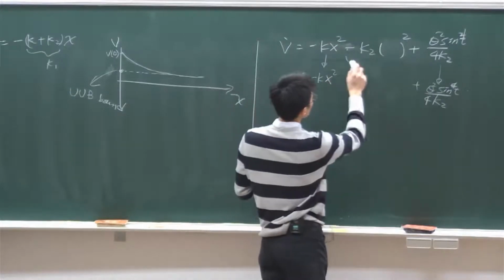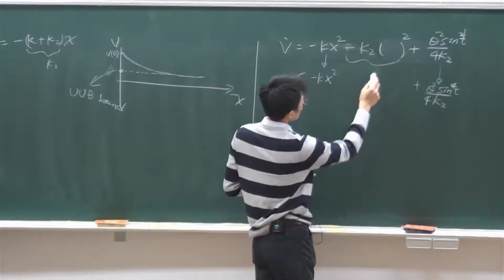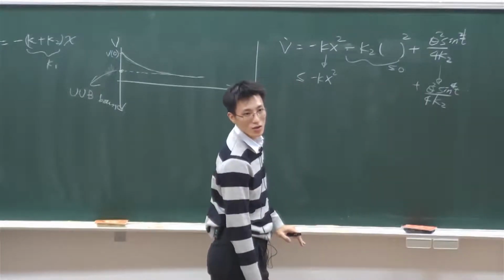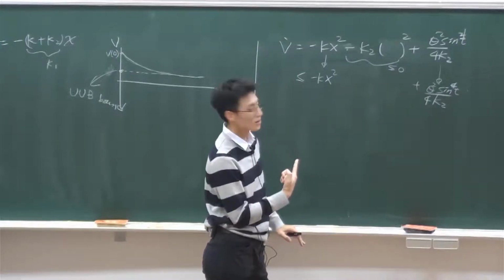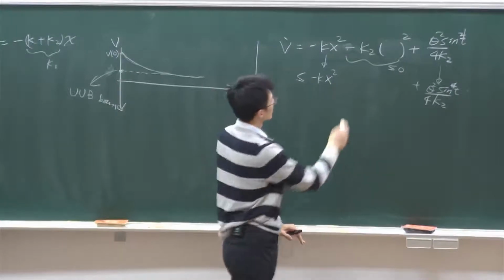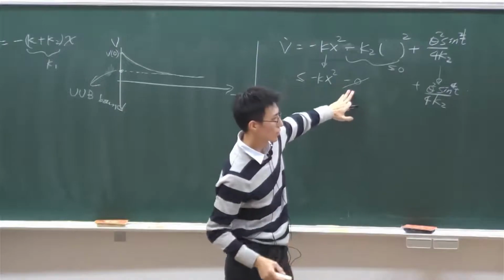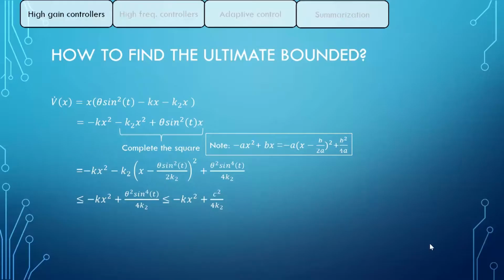And how about this? It's always upper bounded by 0, 对吧？一个负的东西。So you can drop it. You can say 0, you just drop it, which is this. 没问题。